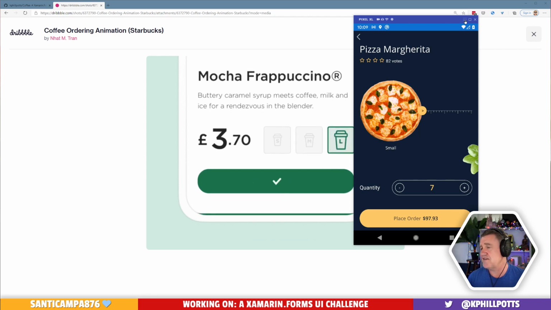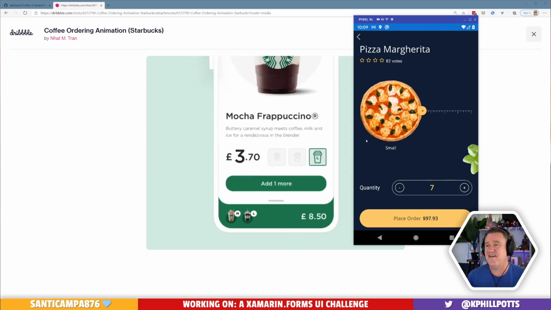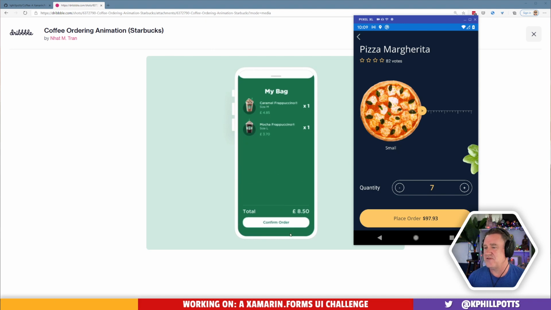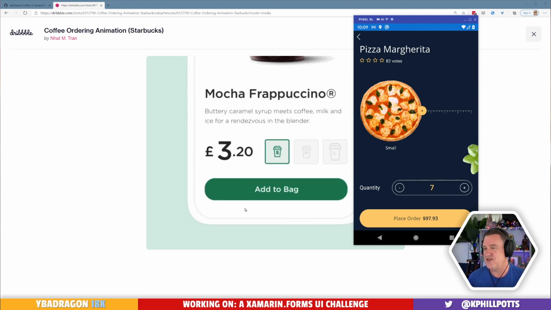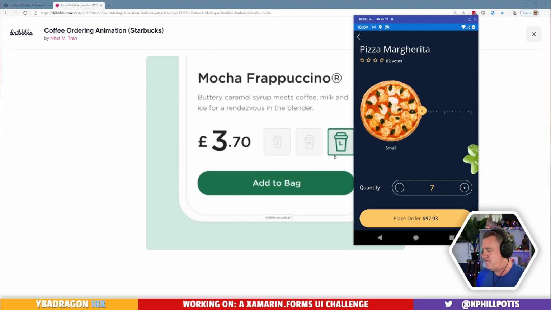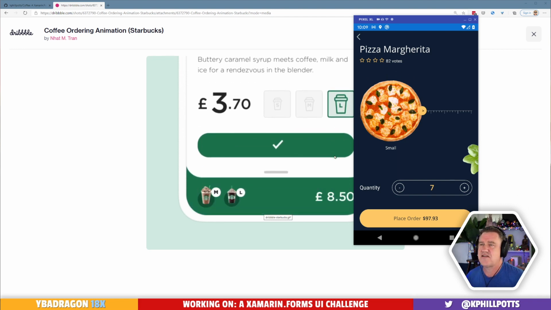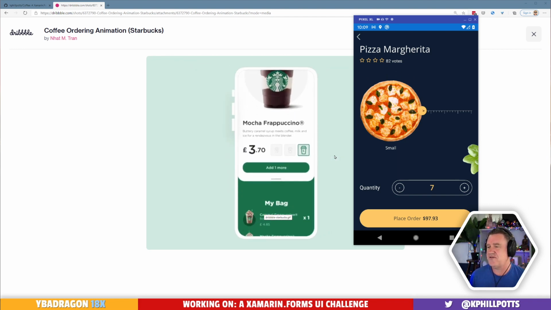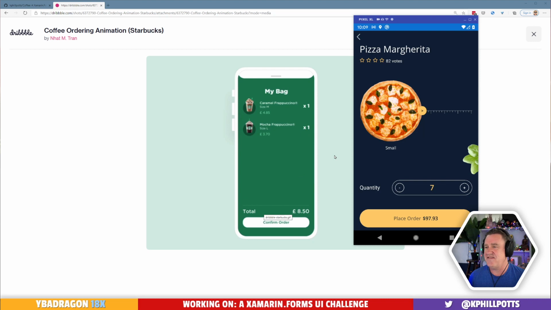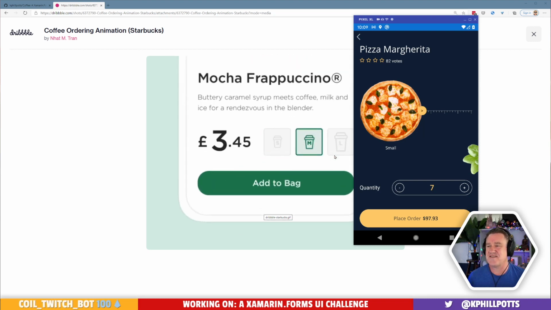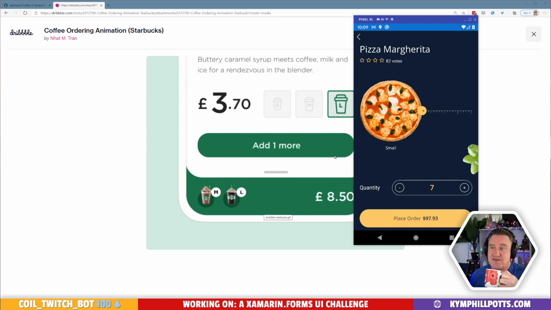And if that doesn't work, which it may not, then maybe we can use SkiaSharp. But I prefer to try. One of the things I like to do in these challenges is try and do as much stuff in Xamarin.Forms as I can, even if it's not necessarily the best way of doing it. So I'm going to try to do it with labels. See what happens.